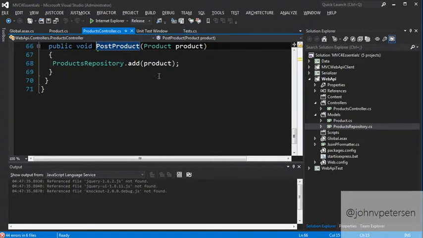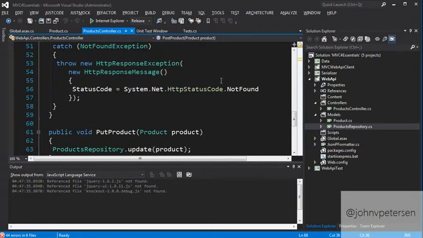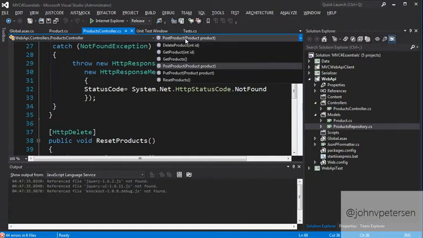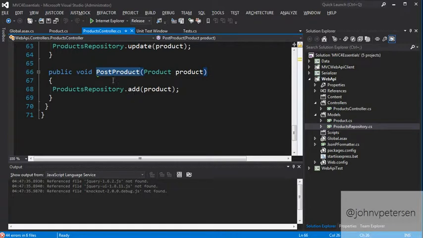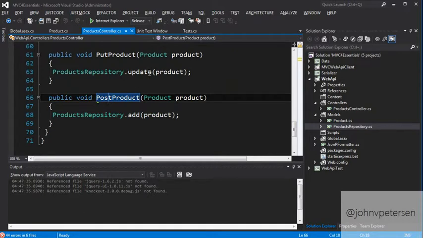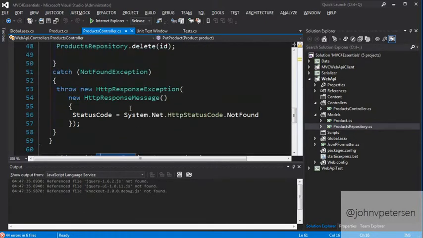So you'll see that in this example, the methods in here, like any good controller, the controller is very thin. There's not much going on there, just enough to expose an endpoint and then to pass responsibility on to something else. But you can see that the naming means something here. Because this begins with the name post, this then responds to a post. Notice for the update, it's called put product. So that responds to a put. So I don't have to worry about decorating things.